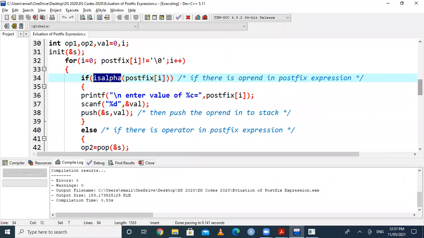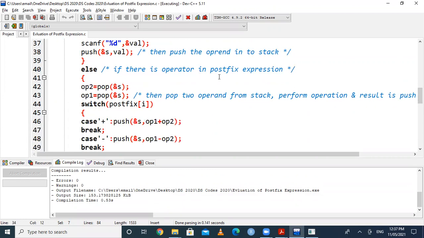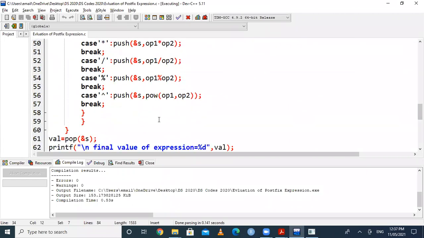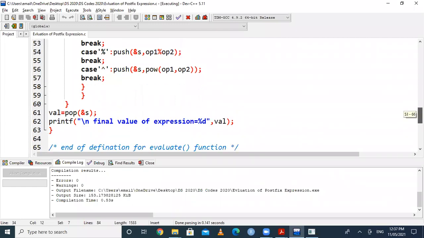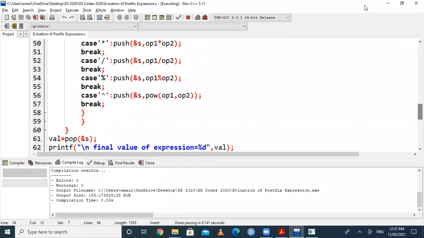Whenever we encounter an operand, we push it as it is into the stack. But whenever we encounter an operator, we have to pop two elements from the stack, perform the operation, and then push the result into the stack. At the end, whatever is present in the stack, you pop, and that is displayed using the variable VAL, that is value. So I hope you understand this particular